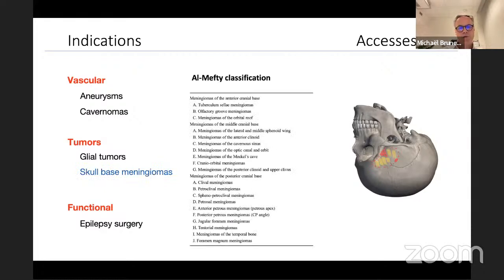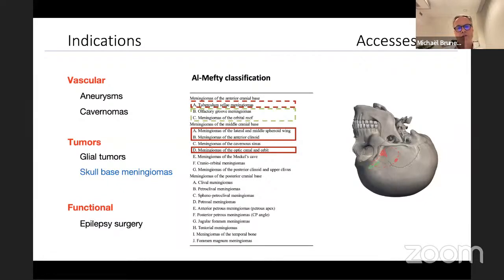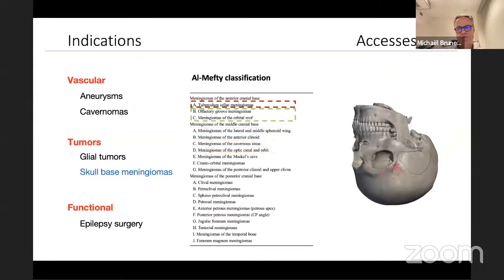If we focus a little more on skull-base meningiomas, facing this bone opening you will have the meningiomas of the lateral and middle sphenoid wing described in the Al-Mefty classification. You will also have the meningiomas of the optic canal and the orbit. You could also use this approach for tuberculum sellae meningiomas or olfactory groove meningiomas, as will be discussed by Eckhard Kasper, but maybe for those tumors you will have a more dedicated approach, maybe more a lateral supraorbital approach,